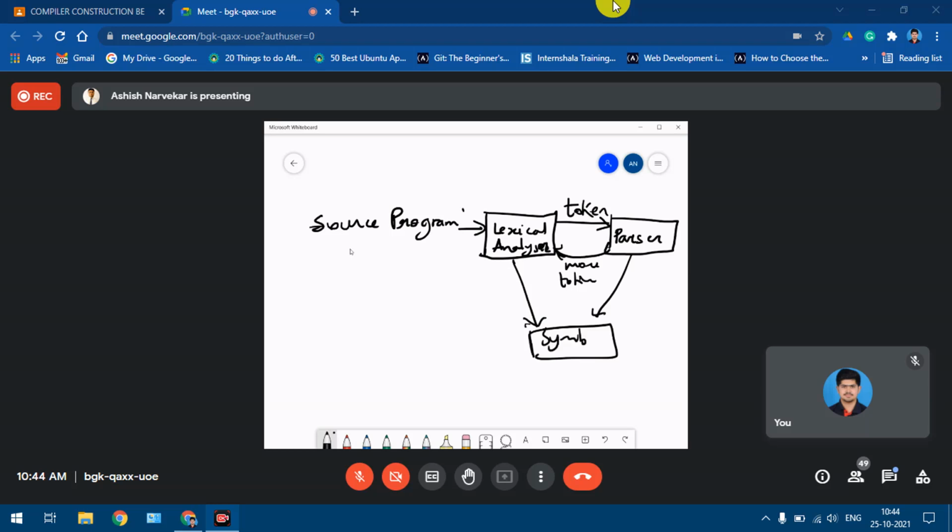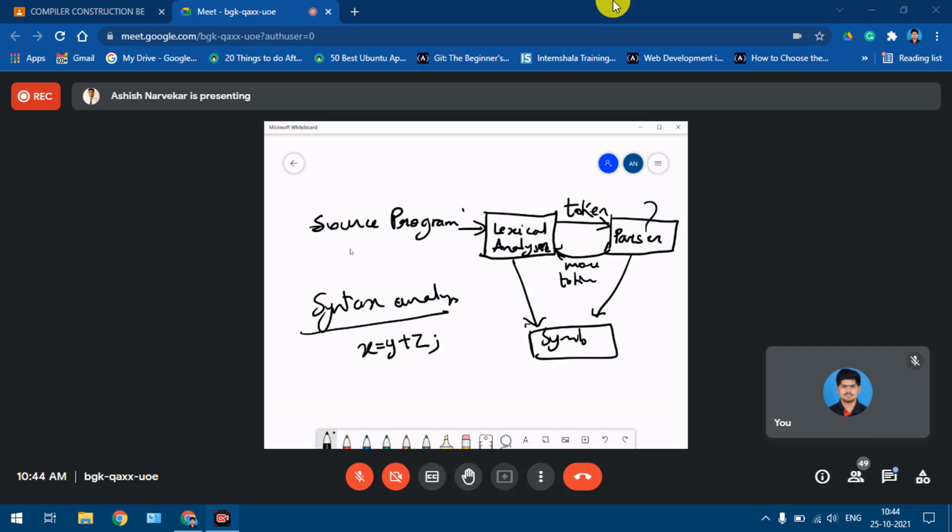So what does this parser do? That is what we need to understand. Broadly speaking, the parser does syntax analysis. When you say syntax analysis, it means certain rules need to be checked. Suppose I write a statement like x = y + z;